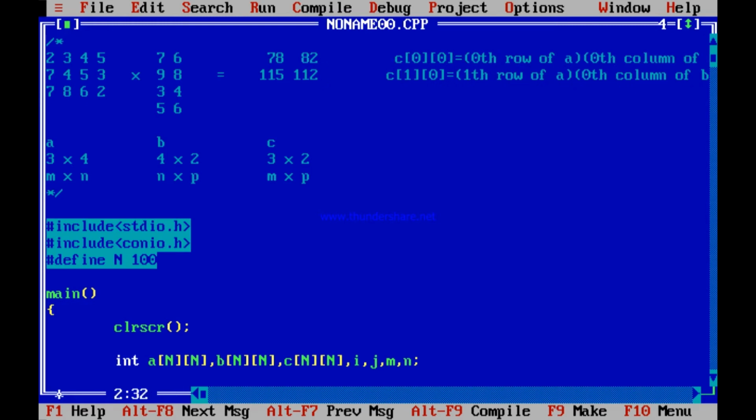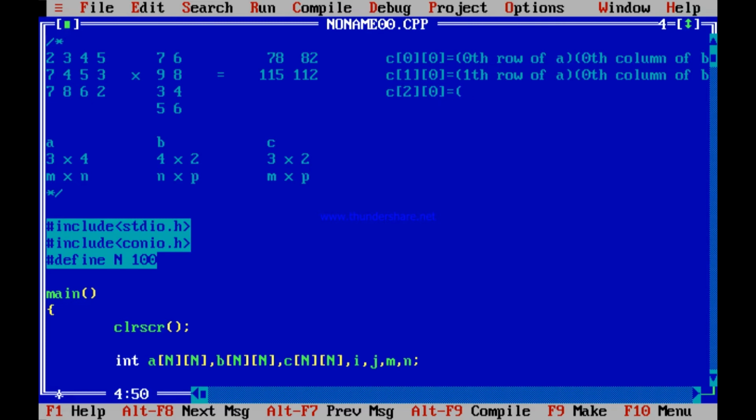Is that okay? What is the next row? I should have only one more row. Remember, C should be 3 cross 2. This 3 and this 2. So one more row, each row containing 2 columns. So the next row is C20. Is not it so?